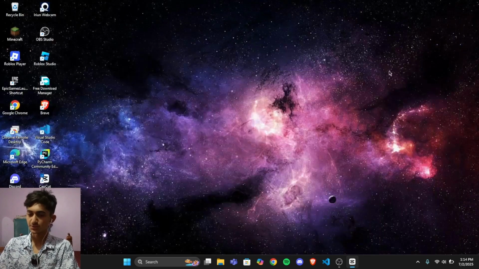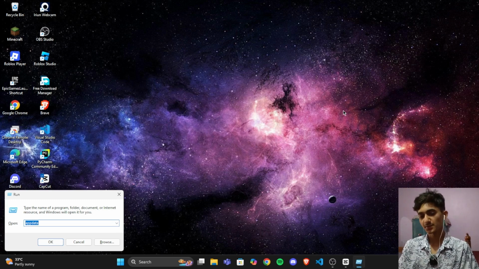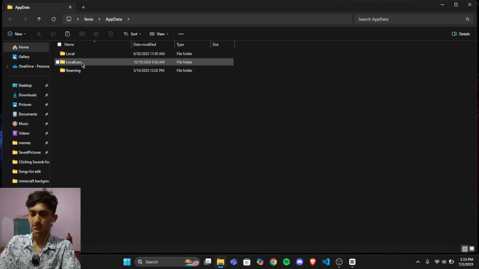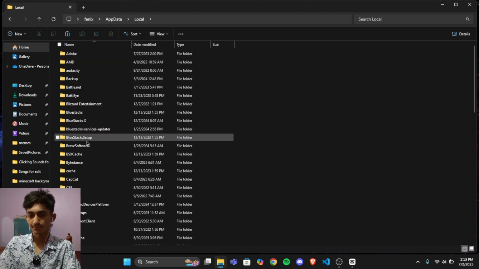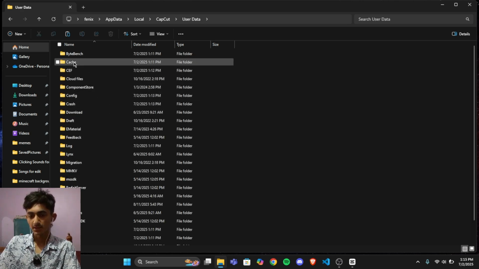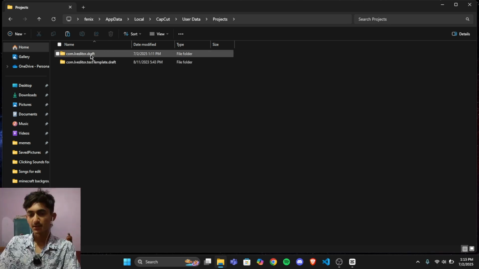And after that, what you want to do is press Windows+R. When you press Windows+R, you will see the run box, and search app data and enter. And after entering it, press on local, then press on CapCut, and then you see user data. Press on it and search for projects. So here we see the project, and go to